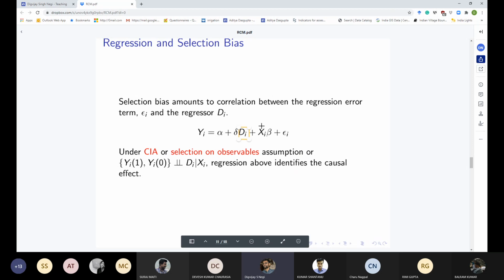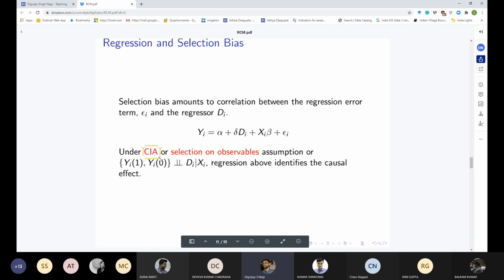And so if these two are correlated, the error (residual) and the treatment, then we have selection bias. Okay, and under the conditional independence assumption, this is an assumption we make when we say that our regression identifies the true treatment effect. Okay, this delta, we have to make an assumption because we cannot be 100% sure unless we do an RCT